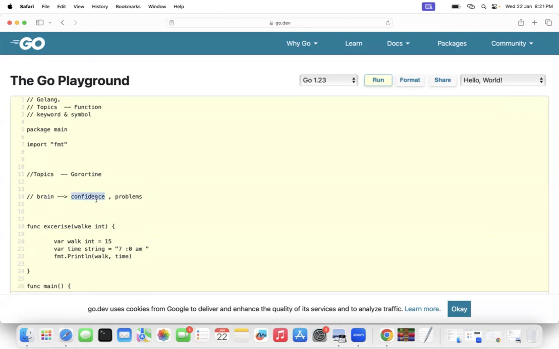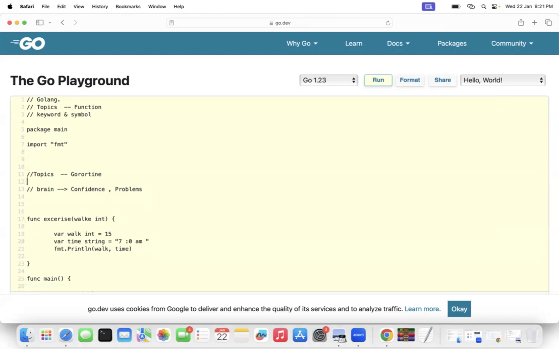Both run parallelly, right? Both run concurrently. Do you agree? Yes. Both are running at the same time in the mind.